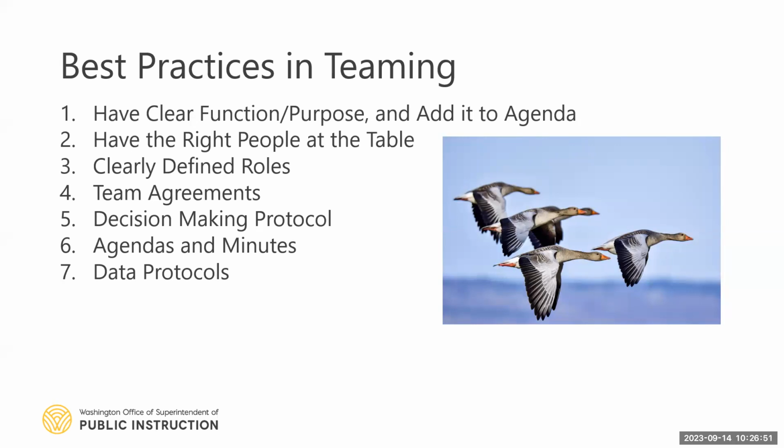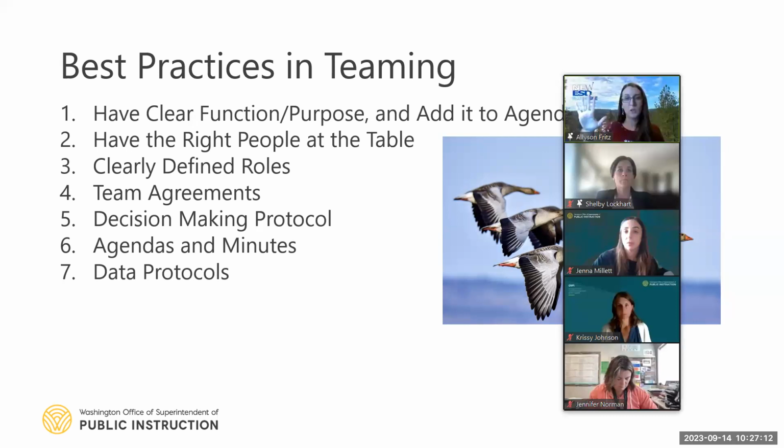I realized my description of decision-making protocols was what I wanted to say for data protocols. But for decision-making protocols, something that I've become fond of is the VISTA 5 strategy, where when you need to make a decision, you're asking all the members to indicate their level of agreement with a 0, 1, 2, 3, or 5. And it's a way to engage everyone rather than simply asking